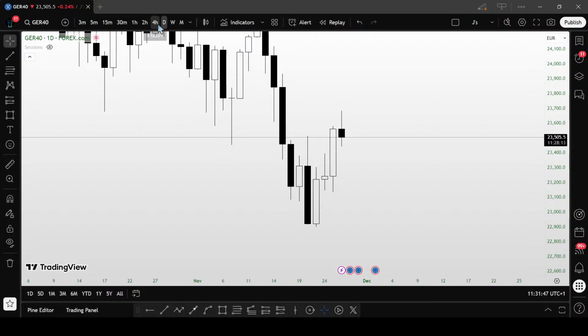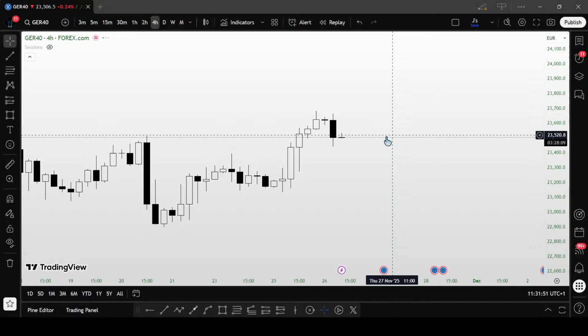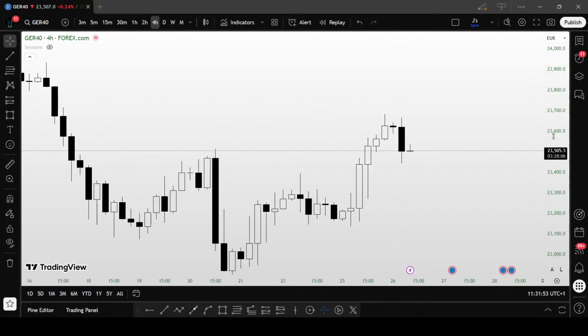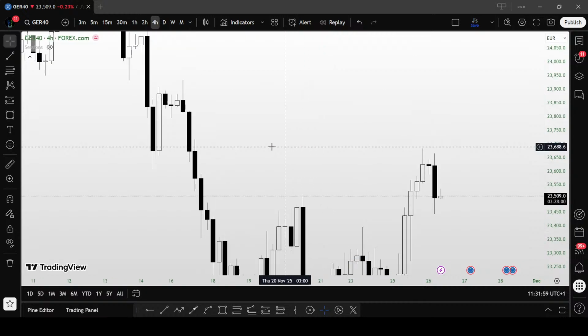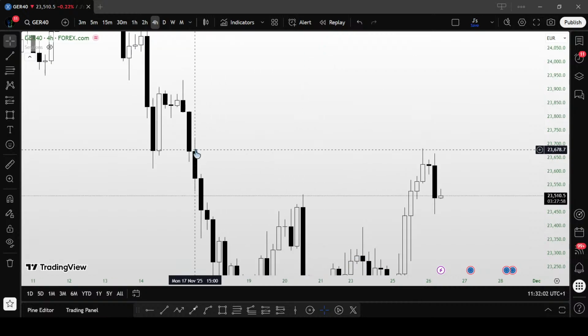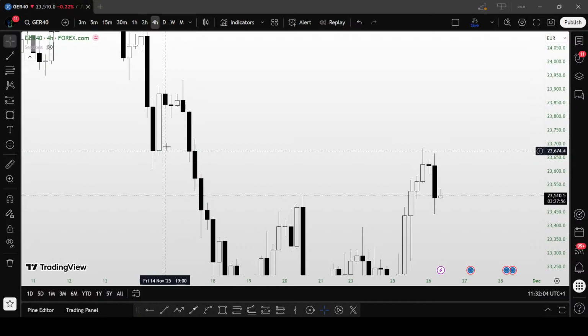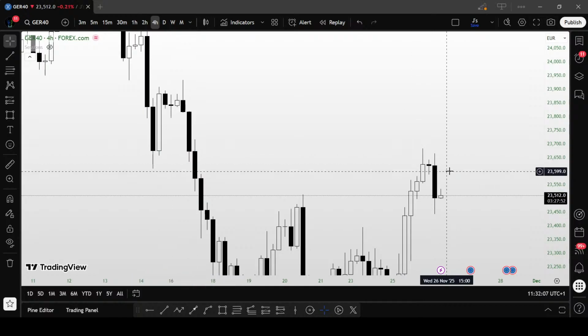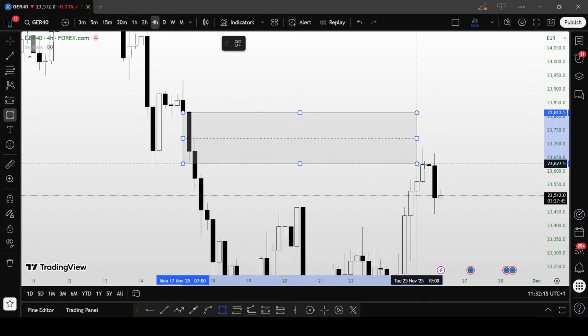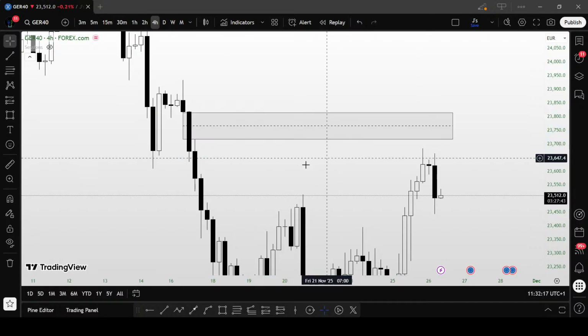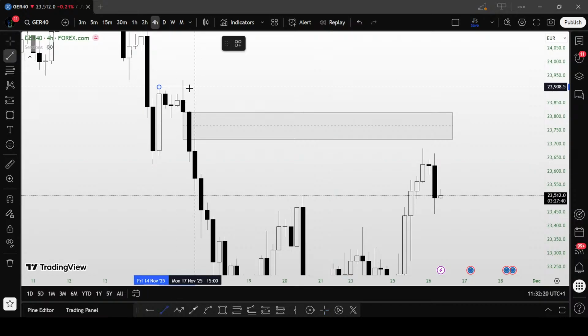Okay, but look, you have swept the high of the previous day. So if that counts, probably we might be going down. Maybe this is what's making it, I would have loved to see a new candle coming up to get inside this fair value gap here. Why do I say so? We have a fair value gap and we have the presence of a little sweep around here.